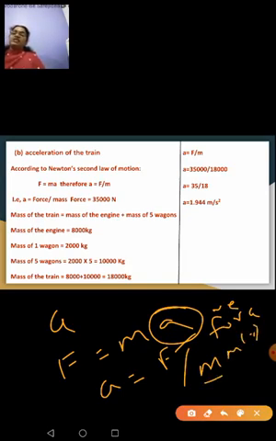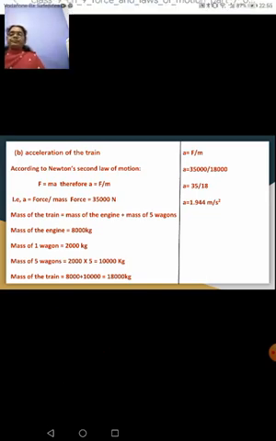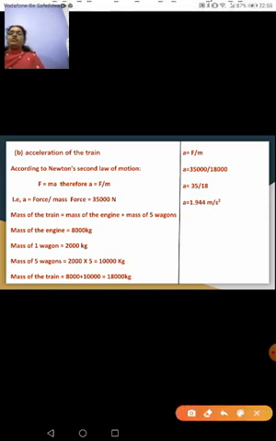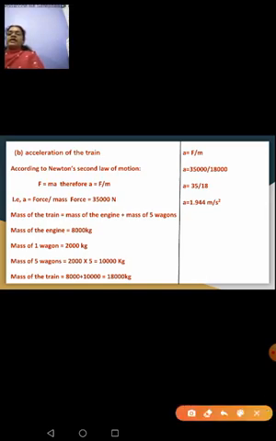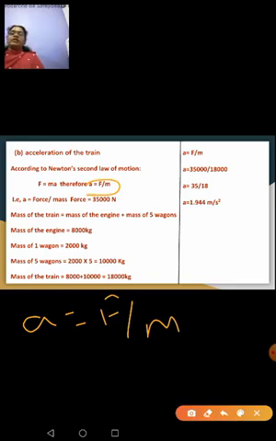We have got the mass of the engine separately and the mass of the wagon. That is, one wagon is only given. So now you have to calculate the mass of 5 wagons. I said F is equal to MA. So A, if you want, is A equal to F upon M. F stands for your net accelerating force which we have already calculated. M stands for your mass of the train. So the mass of the train is what? Mass of the wagons plus mass of the engine.